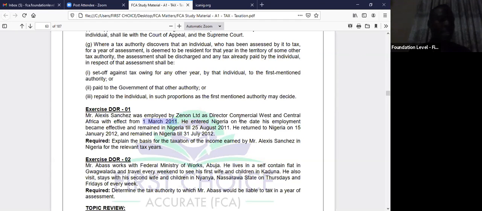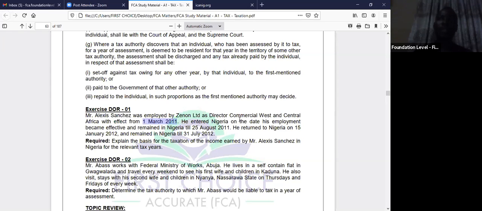Add July's 31 days. You have 198 days. That means he is resident in Nigeria for 2012. He spent 198 days in Nigeria in 2012. On what date did he become resident? The day he clocked 183 days. So now we have up to July 31st as